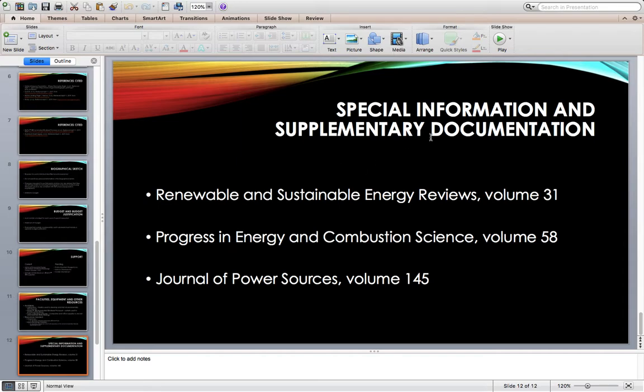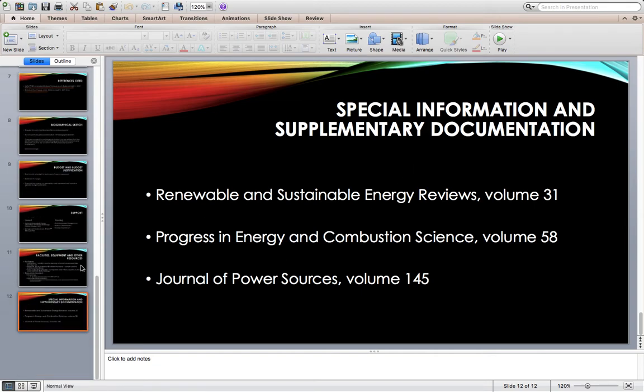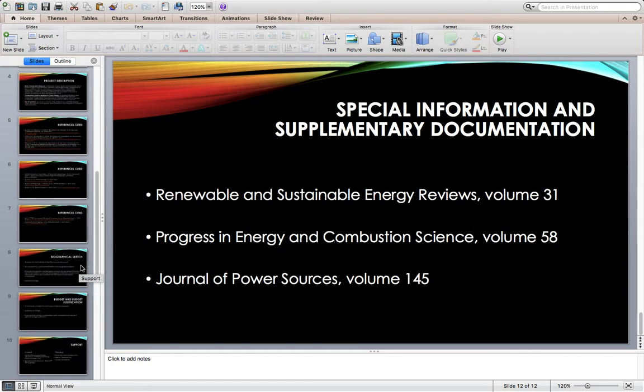And then I'm not sure what these look like, sources, supplementary documentation. I don't know if that needs to go with your references pages or your references slides, because if I were the NSF, I'd be like, why are you giving me this information? So you always need to justify why you're giving somebody information.